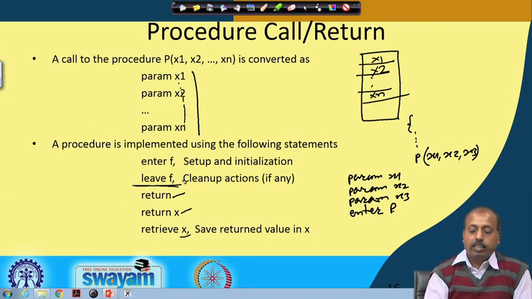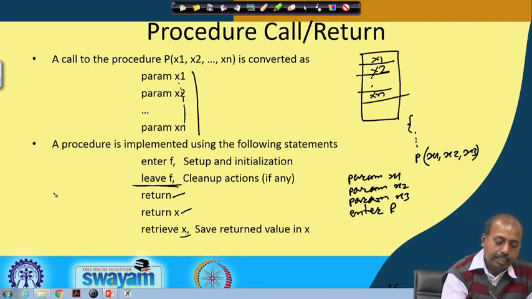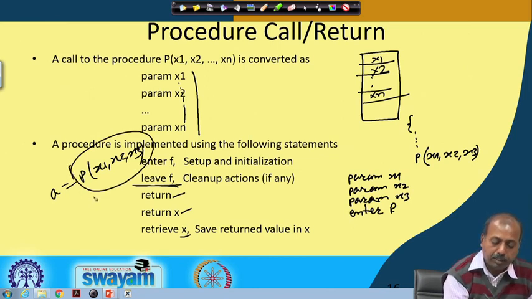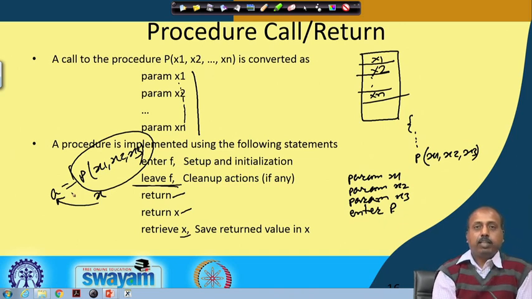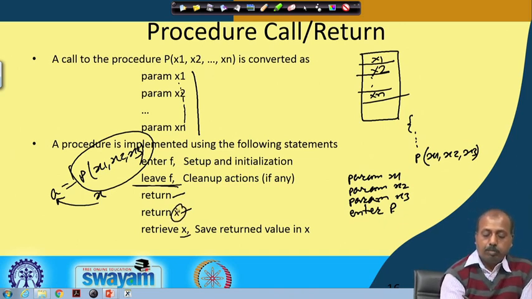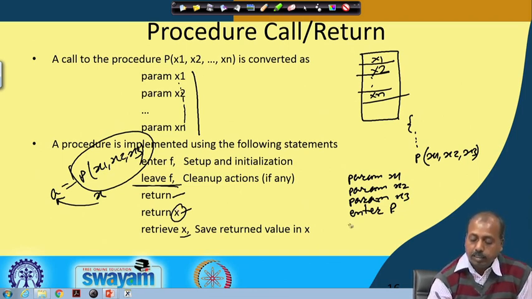As a result, if you have written something like a equal to p of x1, x2, x3, then after returning, this whole procedure should have some return value x that will be assigned to a. So this return value is needed, and that is obtained by the return x statement. The return value of p is taken into return x.